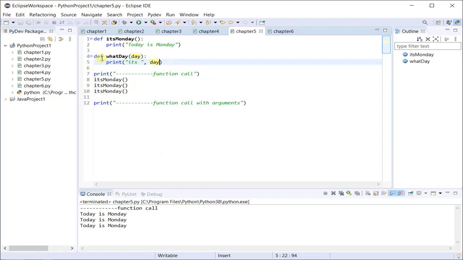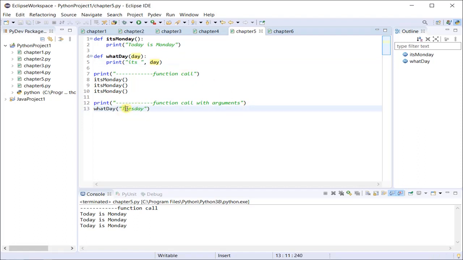Save it, and for calling this function, I will simply use the function name, and I will provide it with a string, any string, because I know I want to print a day.